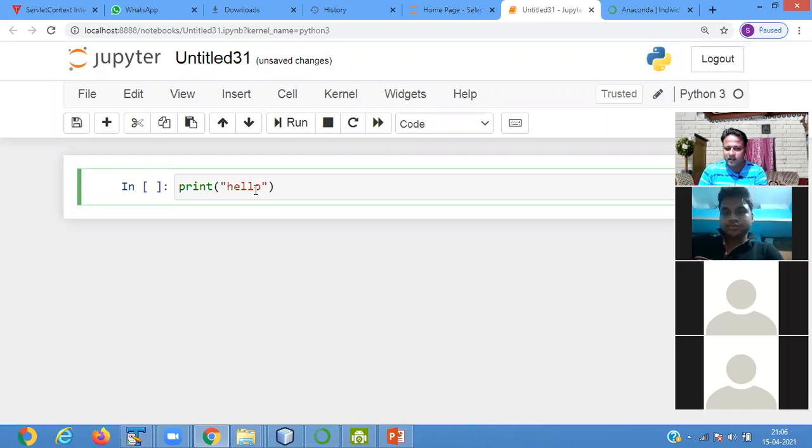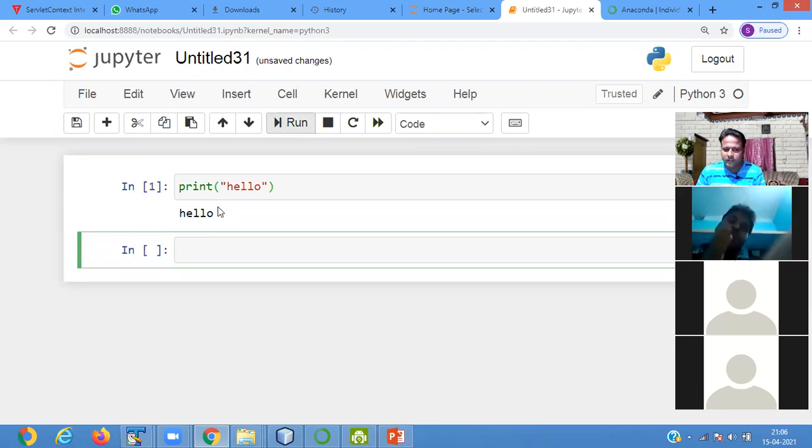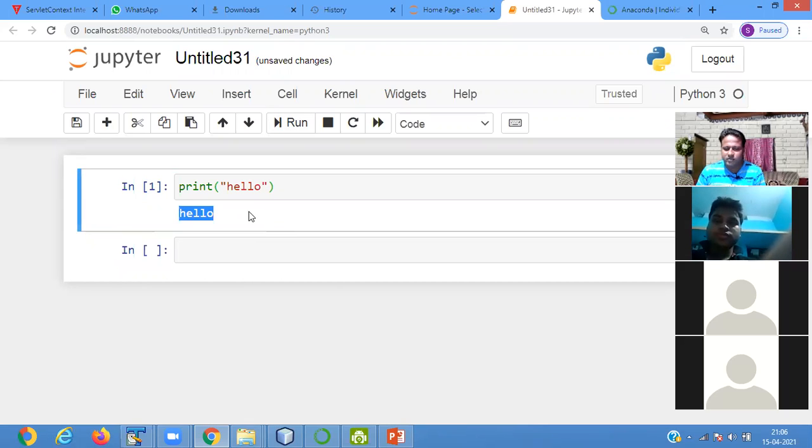Like you are already doing C programming, C++ programming, Java programming. For displaying a single statement, you have to write five or six lines. But here, if you only want to display a single line, there is no need to write more lines of code. If you want to only print, then write the print statement, then go for the run option. When you go for the run option, it prints hello here. It is printing a simple output, hello.